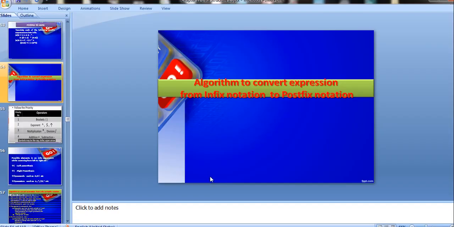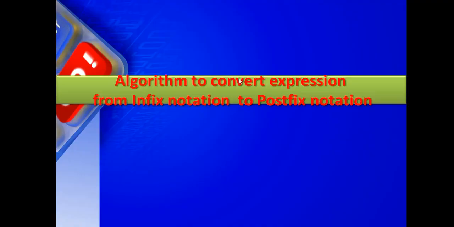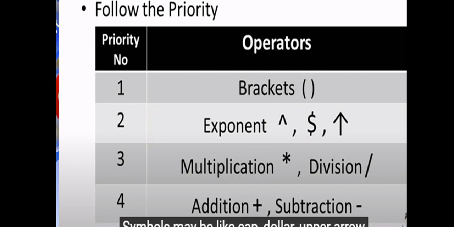Now, let me go to the algorithm. Before that, some assumptions will matter, just as I was explaining here. Always the priority goes to the parenthesis. Then, in some books, they express the exponential with a caret symbol, a dollar symbol, or an exponential symbol. Whichever symbol it is, this is an exponent. And of course multiplication, division. One more, along with division, is the modulus operator, the percentage sign.